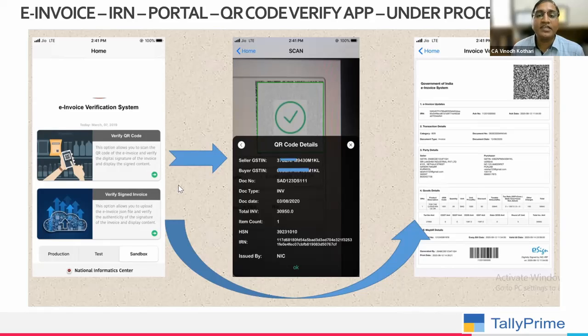My client is dealing in exempted goods, whether e-invoice is required. For only exempted, e-invoice is not required, only a tax invoice. For bill of supply, e-invoice is not required. If you are dealing in exempted goods, then you issue a bill of supply. So I'm issuing both taxable goods and exempted goods. Then you issue a tax invoice cum bill of supply. In that case, yes, e-invoice is required. But in the exempted goods, the tax value will not appear. But for only exempted goods, it is a bill of supply, no need to generate.